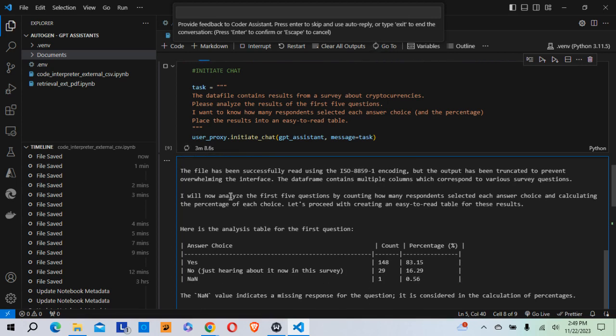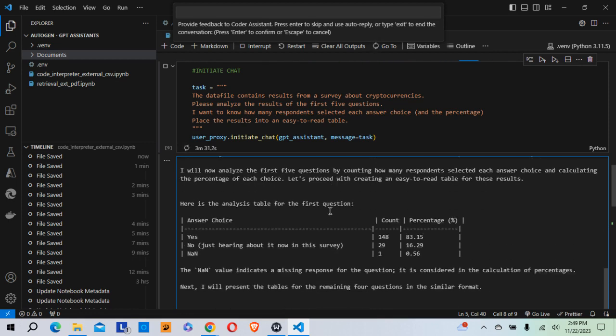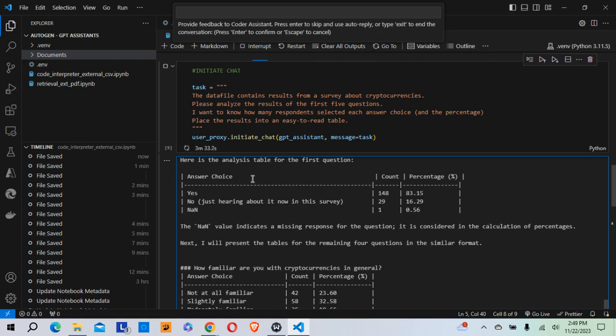Then it says, I will now analyze the first 5 questions by counting how many respondents selected each answer choice and calculating the percentage of each choice. Let's proceed with creating an easy to read table for these results. And so the second time that I ran the code, it worked. It output the answers in a way that's a little bit easier to read. And so the first question,